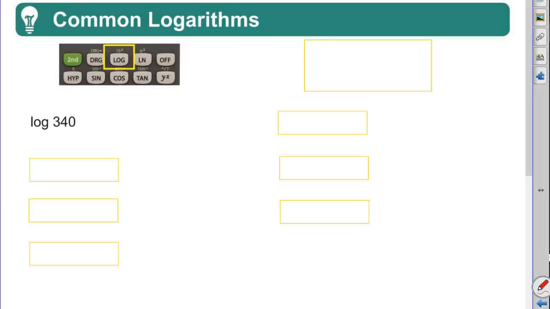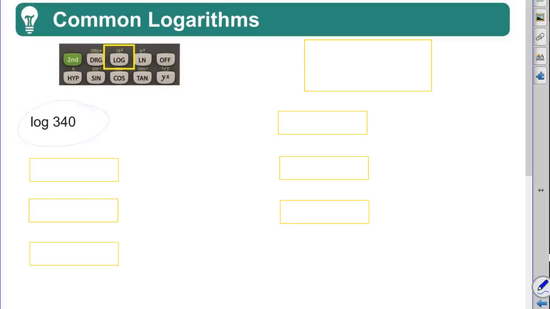Okay, this is the quick review of common log. So I hope you got your calculator with you. You're going to need it. I've got a graphic there of just a common calculator. Yours will look a little bit differently, but you have to find your logarithm button and it'll say log. Right? And so when you see a problem like the one here, log 340, you have to understand that this